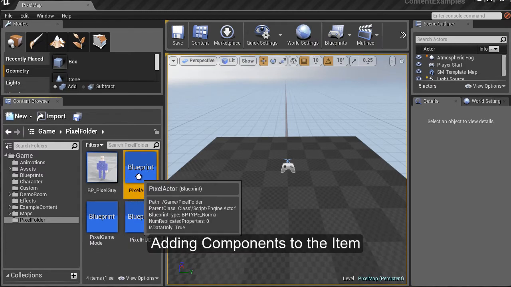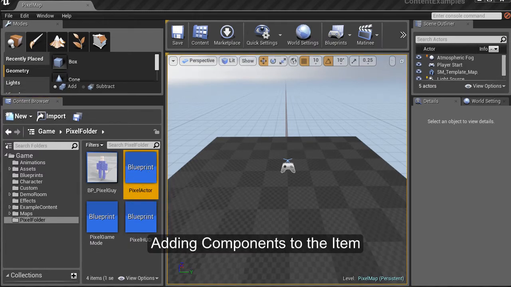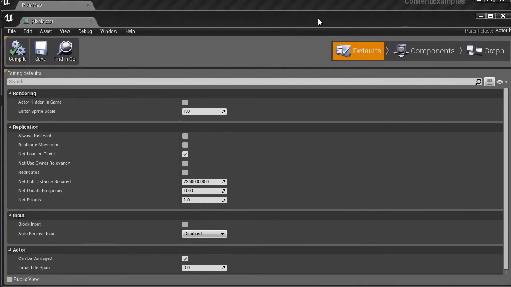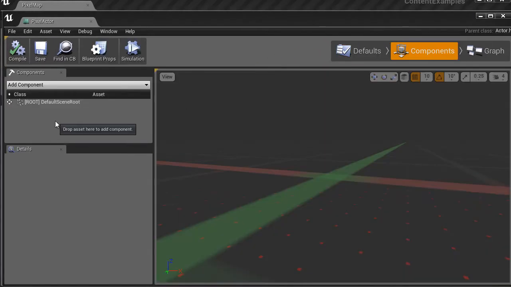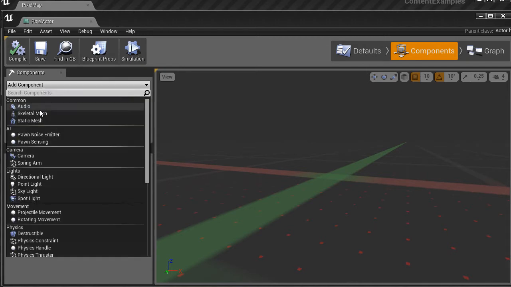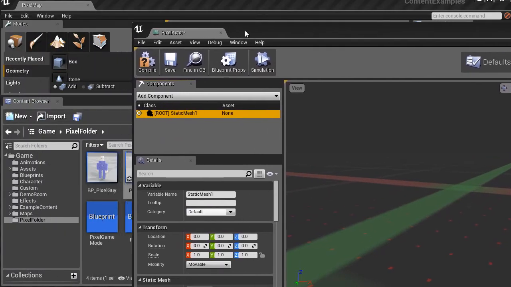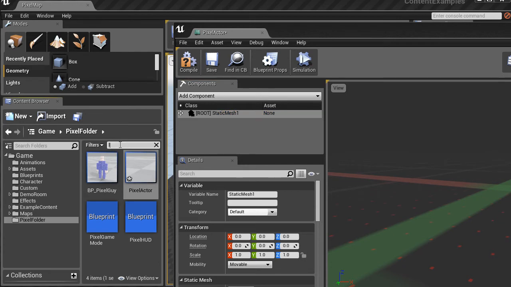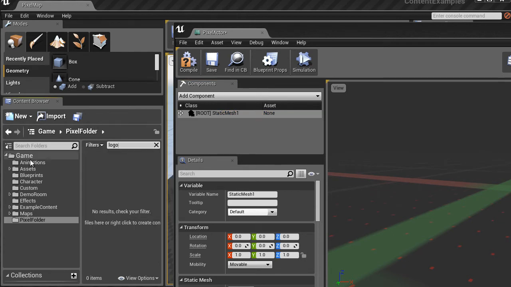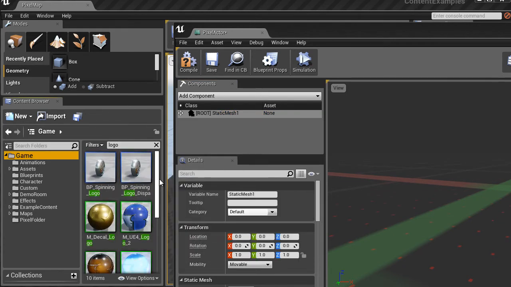Let's populate our pixel actor with some components. Components are assets which make up your blueprint. Things like static meshes, lights, triggers maybe. I want a static mesh, and let's look for logo in meshes in the game folder. And we should find